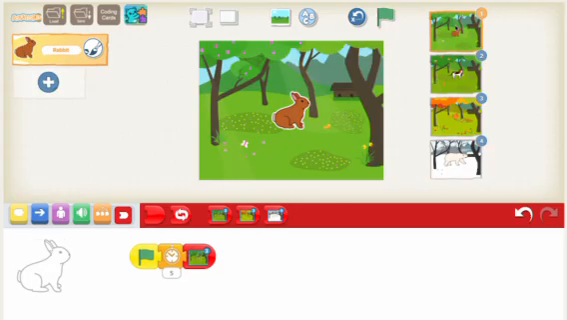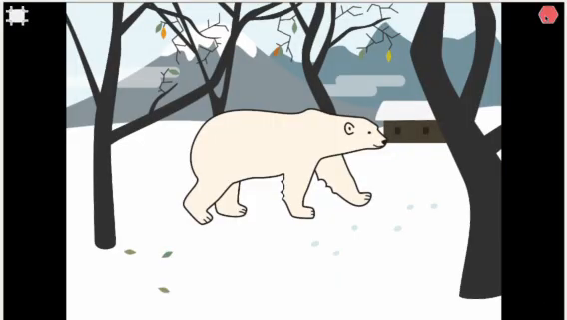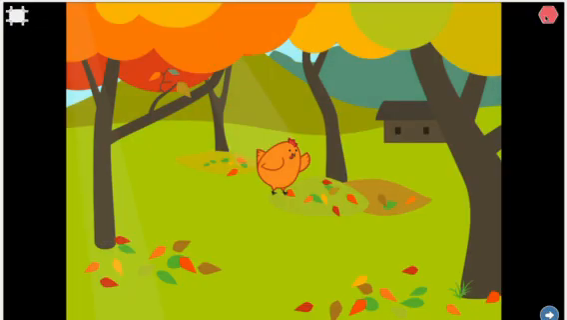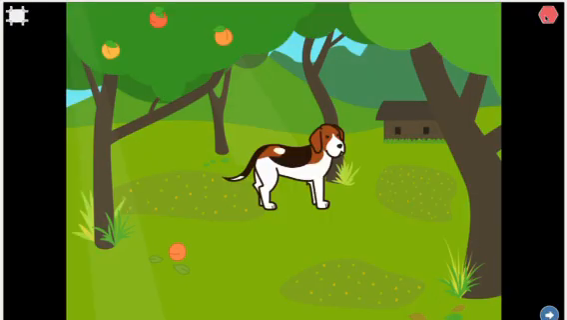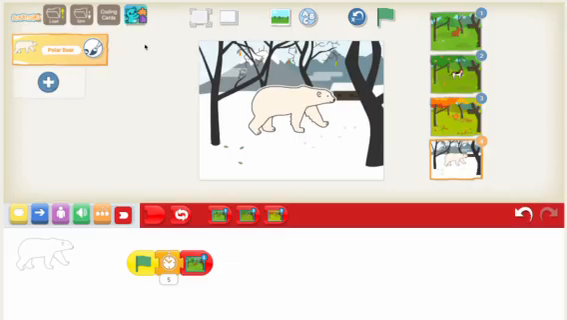And so now that we're done, we're going to click backdrop number 1 and click this button on the left-hand side. And once we click the green flag, the seasons start to change. And you can see they're changing really fast, but you can add more time and make it go a little bit slower,